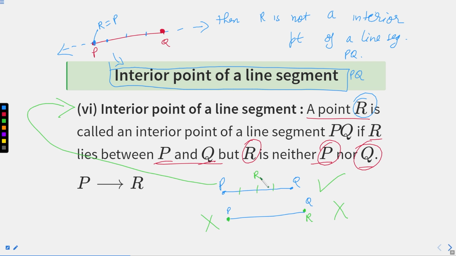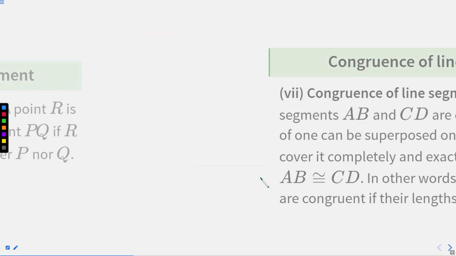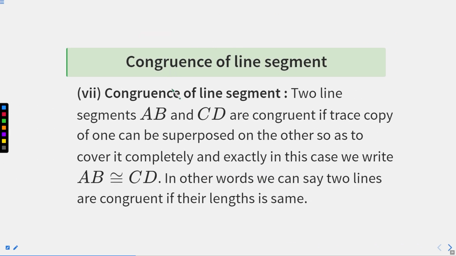Now let's move to the next definition. Okay, now congruency of line segments. So this word, congruence, means the same. If you remember the congruence of triangles, you heard of it in smaller classes. Congruency of triangles means, let's say I have a 2 rupee